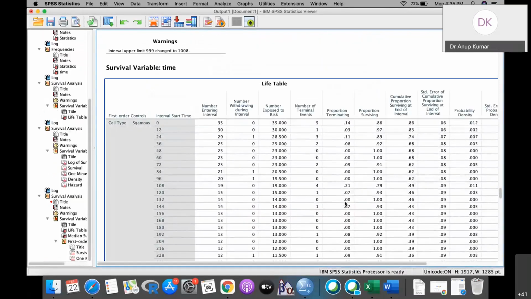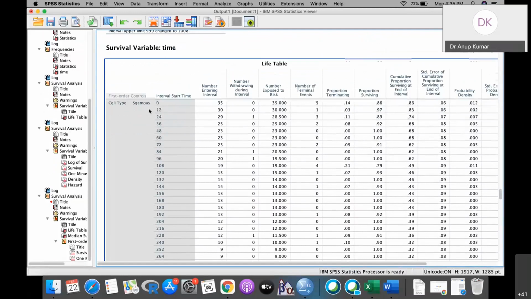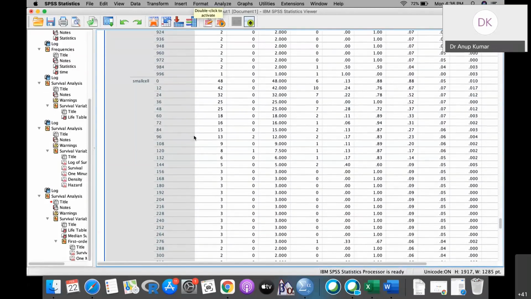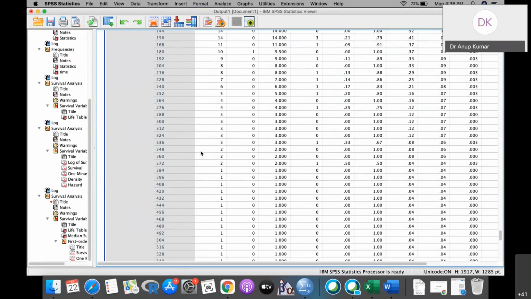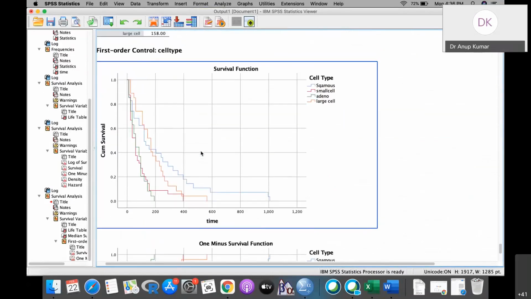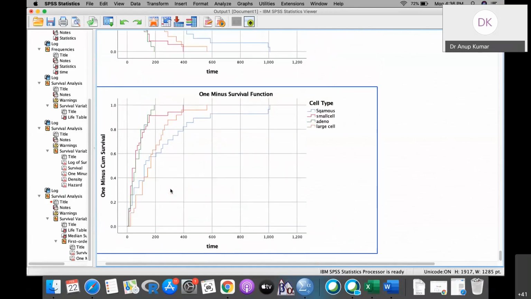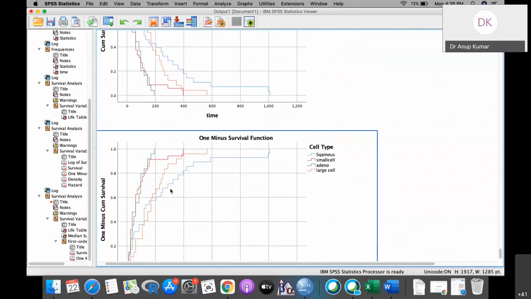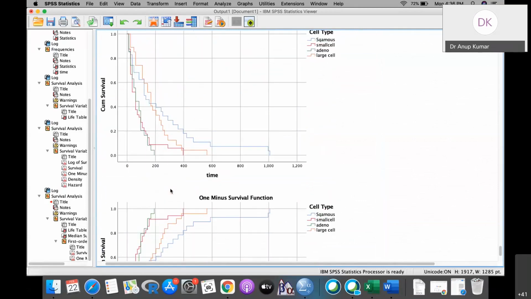So this is the life table for squamous cell, and this is the life table for small cell. This is the life table for large cell and adeno cell, and this is the survival curve of these 4 groups. From this you can see that the survival for the squamous is very high, and for the adeno the survival is very poor, followed by the small cell. And this is also the 1 minus survival function. So that is what this life table technique can do for you.